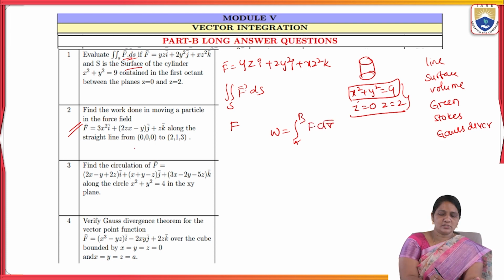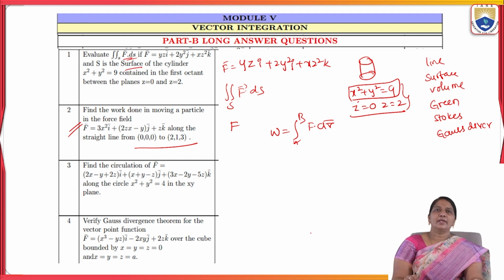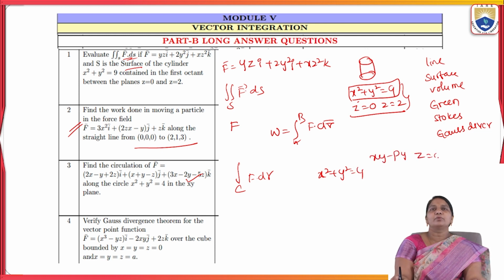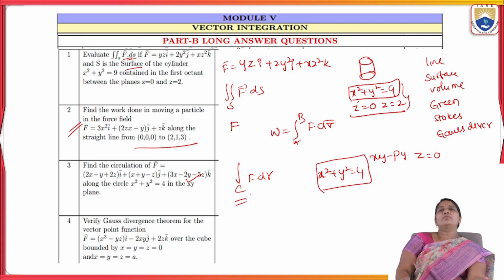So based on this we can calculate the work done value for the given function f. Now see the third one, find the circulation of f. Here circulation of f means integral over c f dot dr, which is a line integral. For this function we are going to use the limits: x square plus y square equal to 4, that is in the xy plane, where z equal to 0. Based on this we are going to take the x and y limits to integrate the given function